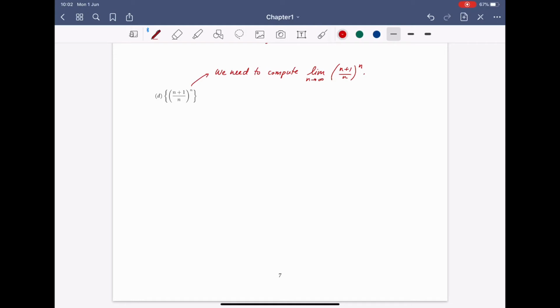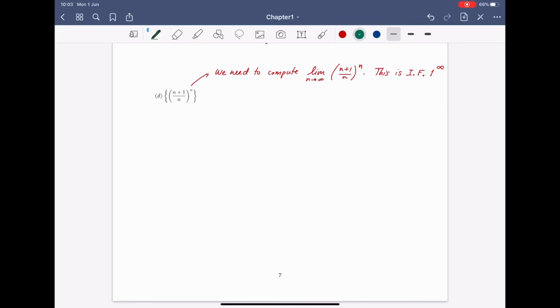And then you can see that this is an indeterminate form, 1 to the infinity, because if you plug infinity into this limit, you get 1 to the infinity. Interesting. So this is the form that you need to adjust a little bit and use L'Hopital's rule,